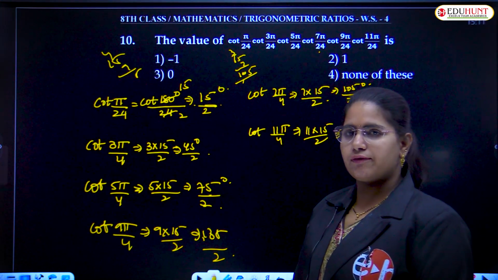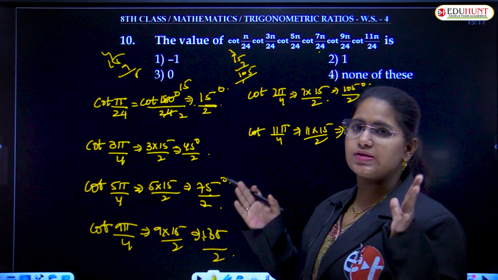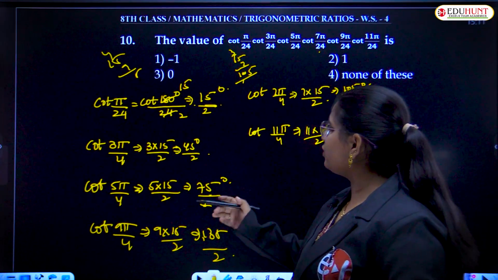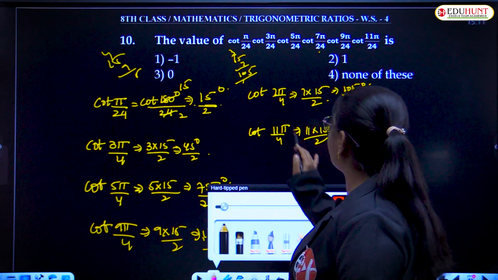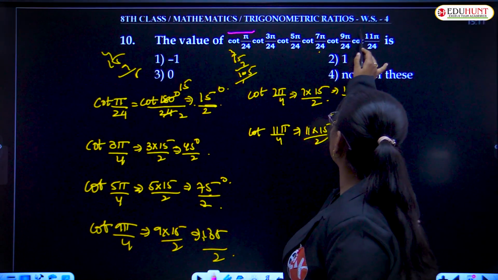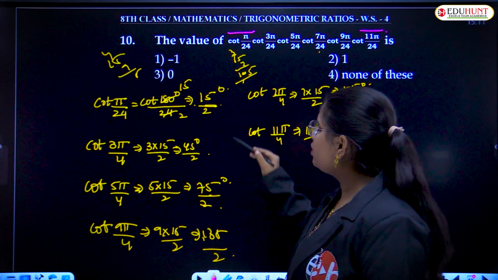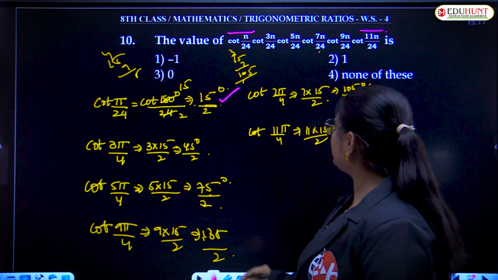So if you could have observed, now please observe the question. If you could have observed the first angle and the last angle, the first angle is cot pi by 24, the last angle